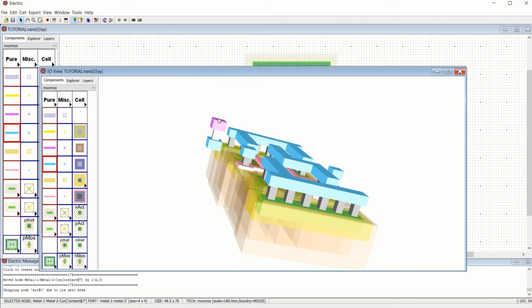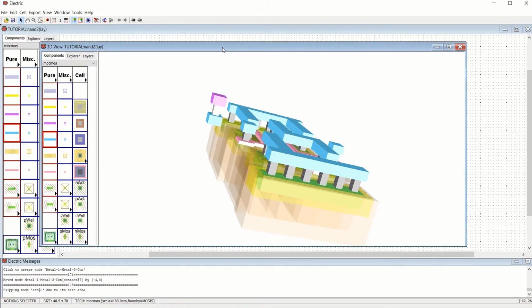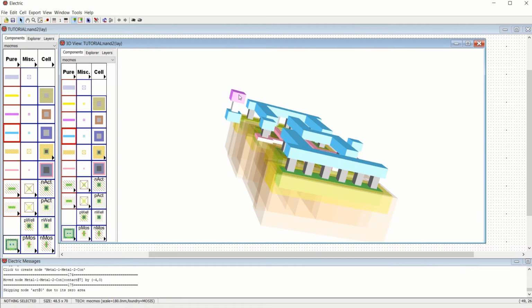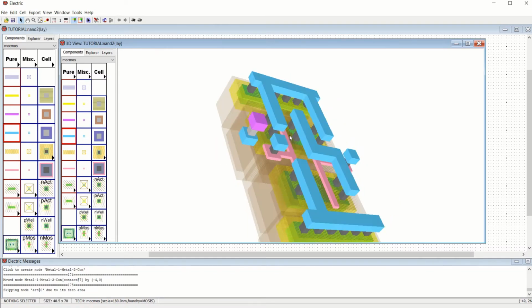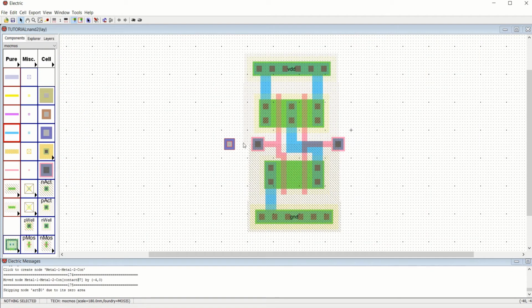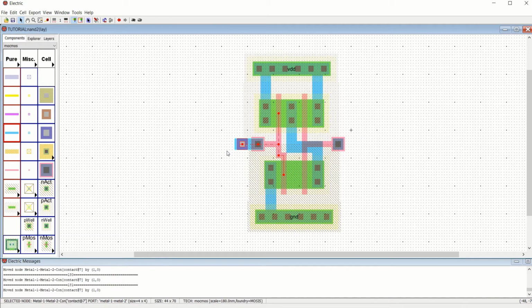So if I want to interface it within the hierarchy, or if I want to use this particular NAND gate into the other logics, I want to connect it by using the metal 2 layer. So I am keeping at the top as metal 2 and metal 1 at the bottom. So I am placing a metal 1, metal 2 contact. Now connect this and bring on top of it by using your arrow key. Set that. Similarly, you can do here also.